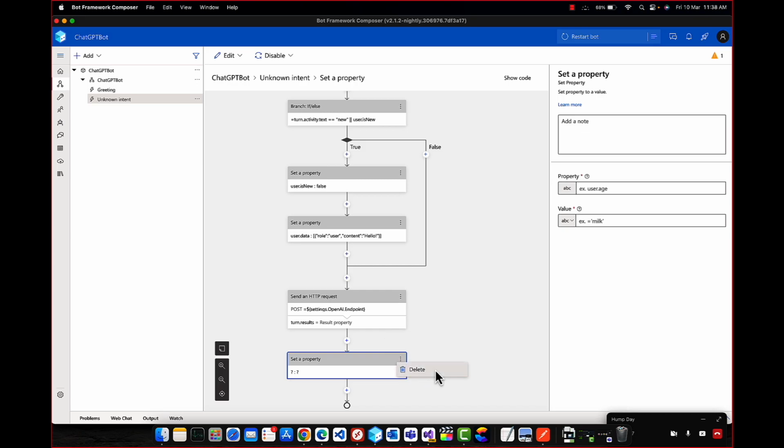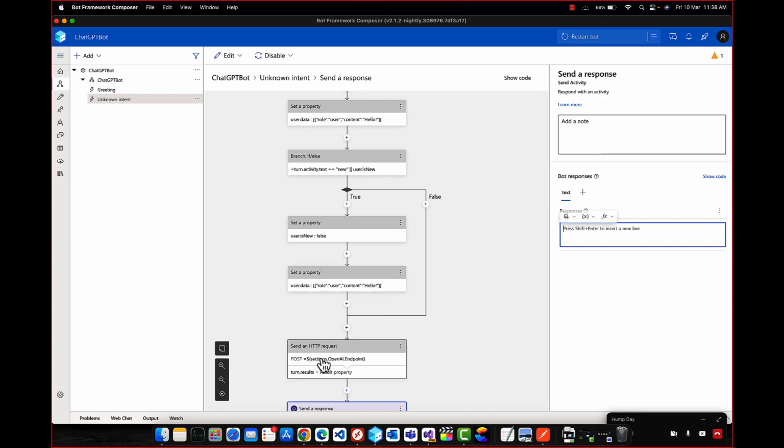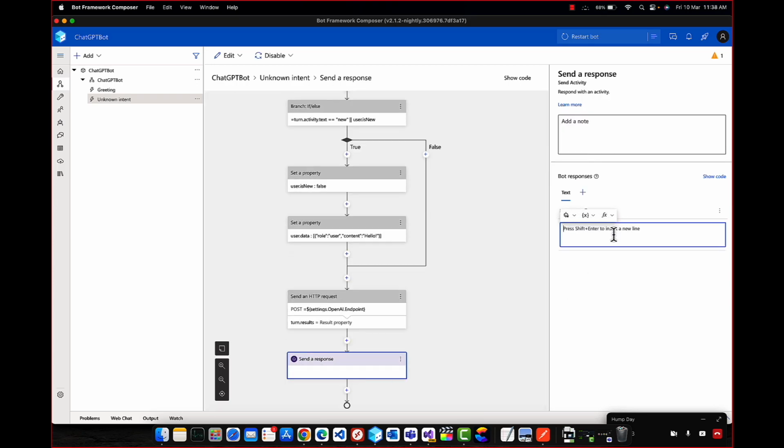Let's delete this and send a response in the chat. To send a response, we just have to use the send a response, and the output will be present in turn dot results. So let's retrieve our output, turn dot result,